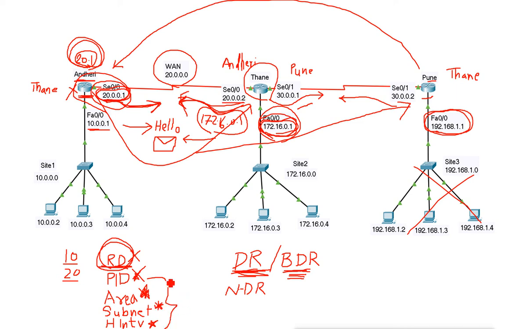Once the neighborship is created, they compare the router IDs and decide the designated router, non-designated routers, and also the backup designated router. Once everything is decided, they start sending the information about their links and the state of their links: which networks they are connected to and which they are not.